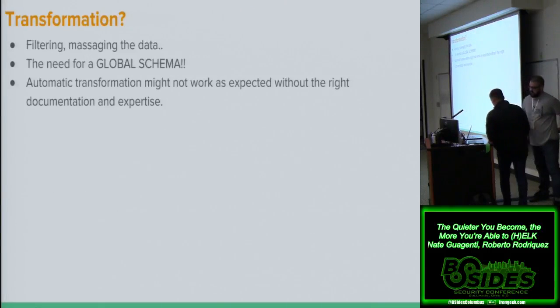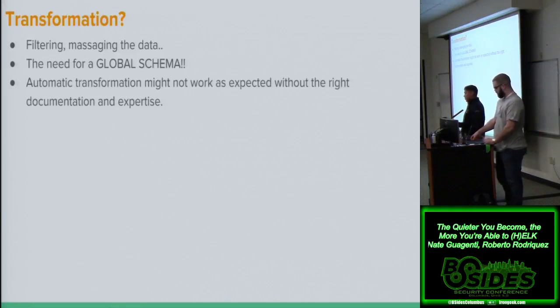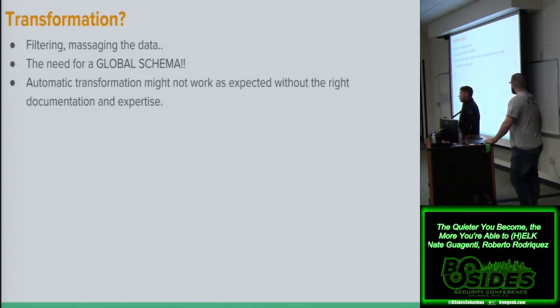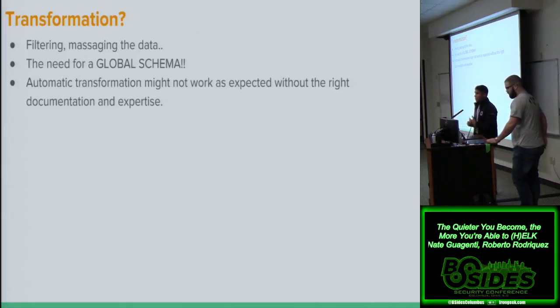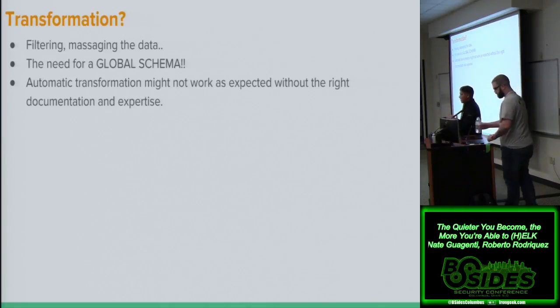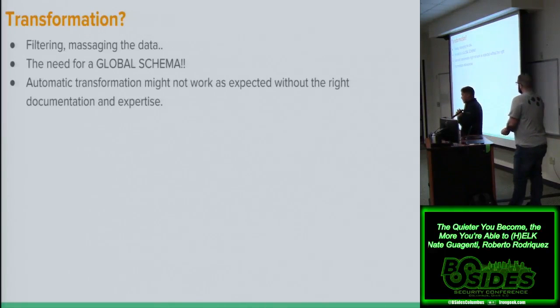Yeah. So now that we saw the collection, why you need to prioritize, and how to collect in a more affordable way, now we talk about the transformation piece. One of the big issues we're trying to solve, and something we're going to share soon in future blog posts, is how to come up with a global schema for all the different logs that you have. I've had conversations with different people using different technologies, and I actually gave two event logs to six different companies, and they parsed them in different ways.